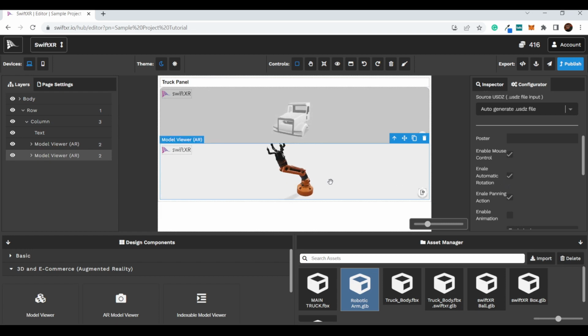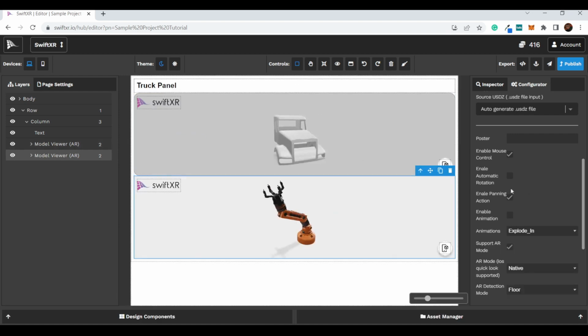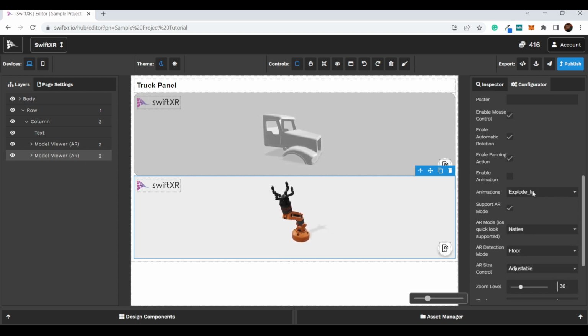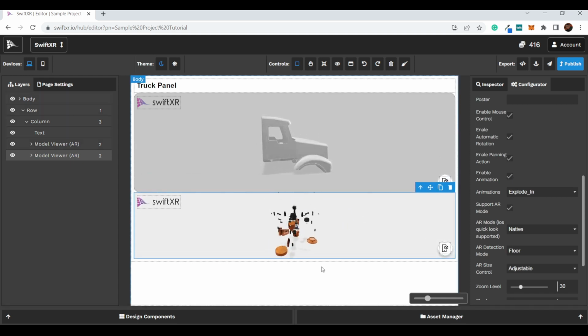If I disable automatic rotation, the model won't be rotating the way this is rotating. Instead, if I enable automatic rotation, after some period of seconds, it's going to start rotating, as you can see. It has a couple of animations, which are explode and simulate, and if I enable animation, by default, this should start playing the animation. As you can see,